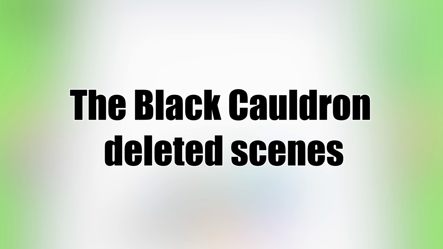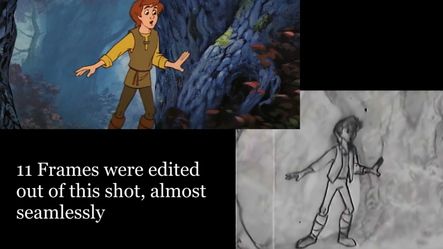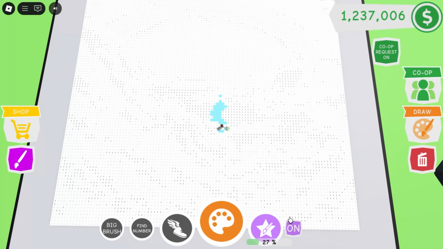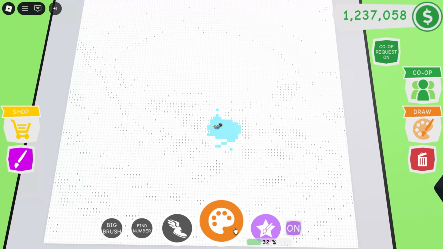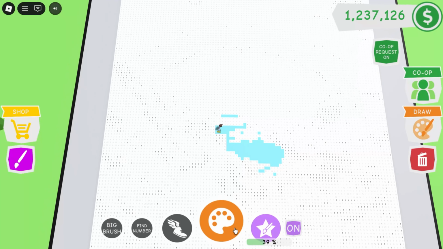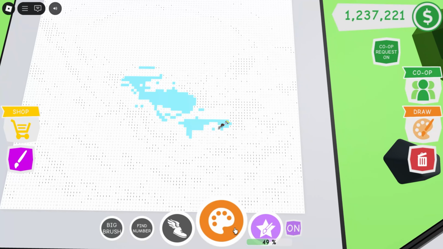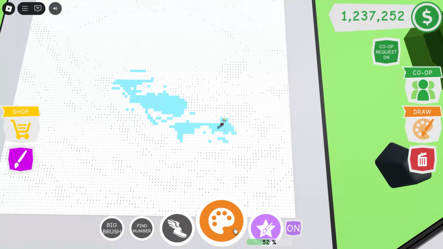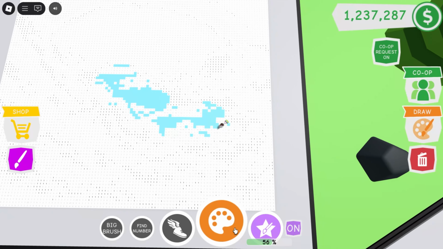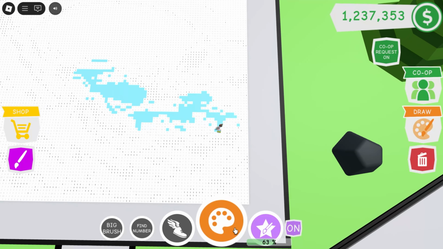So, let's go! The Black Cauldron deleted scenes. The sets of deleted scenes from the 1985 Disney picture. The Black Cauldron is confusing, but can be regarded as partly found. The film is notable for its rocky production history and the extensive cuts made by then Disney chairman Jeffrey Katzenberg, who thought the key scenes too gloomy for a Disney animated film.